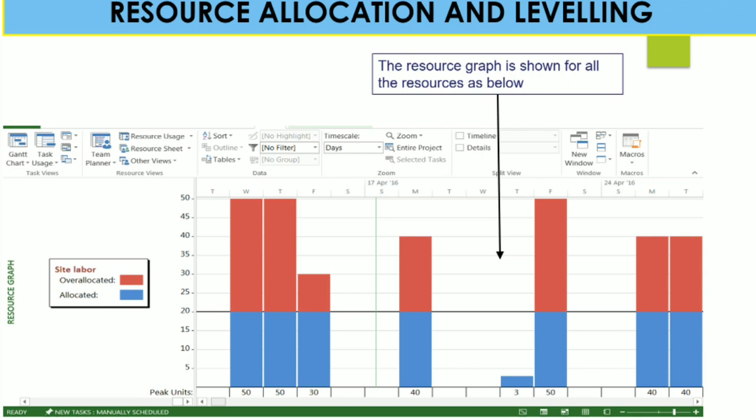Whatever resource is allocated for this project, you can see over allocated in red and allocated in blue. So resource allocation occurs with 360 visibility. You can show your graph to your client or your project manager like this. For that you have to level your resources so that every team member will work at a particular time.